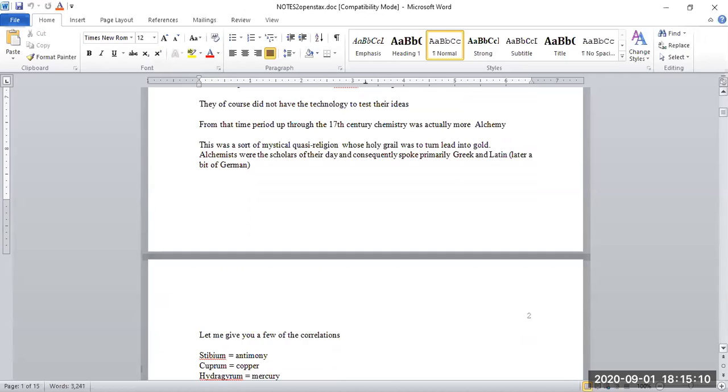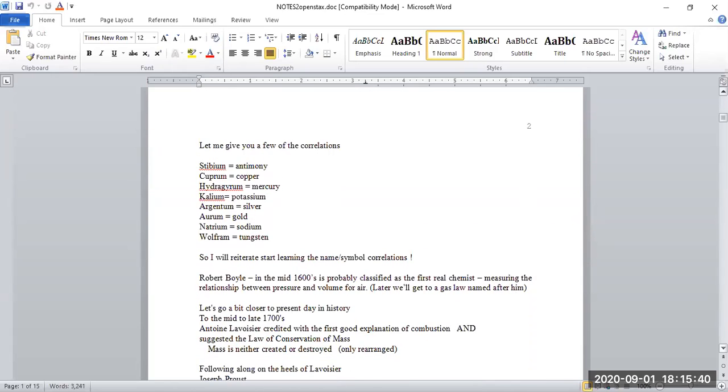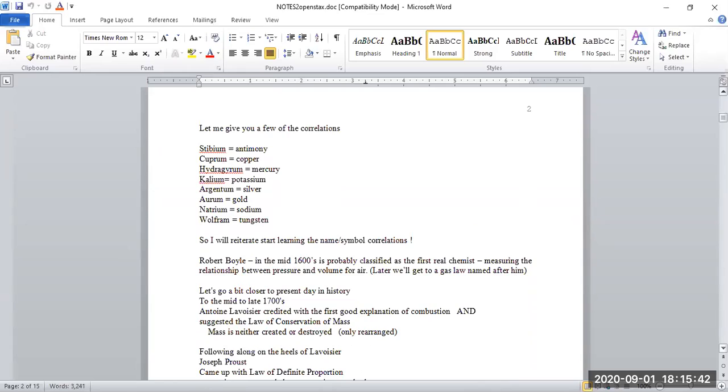So again, this gets back to why this is important. Because we have people who are educated who are not necessarily English speakers, they used Latin and Greek and a smidge of German to name the things that we're now calling elements. So let me pull up my list here. Okay. So we've got